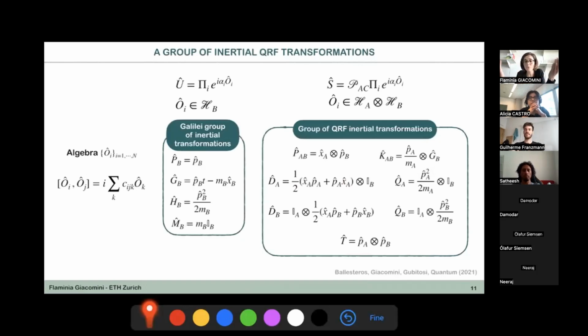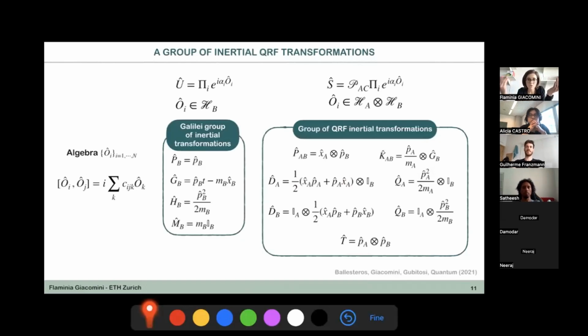So now I would want to go to the quantum reference frame of B too. Why should I just pick A? So we would like this group to be fully symmetric under exchange of A and B. And now we have written this in this way because it's easier to relate it to the Galilean group, because here we have the GB and